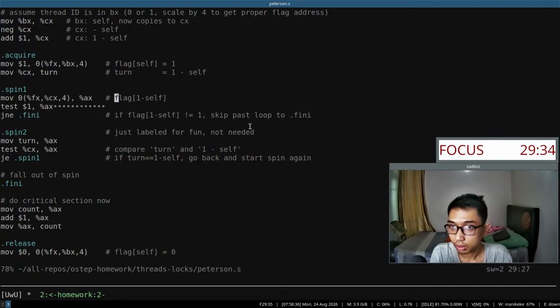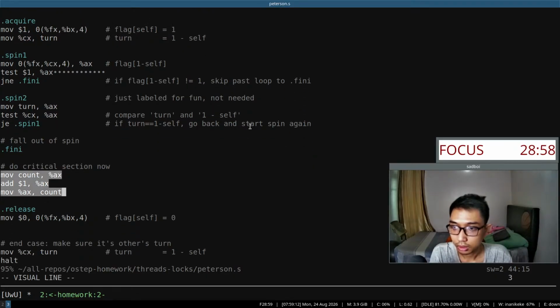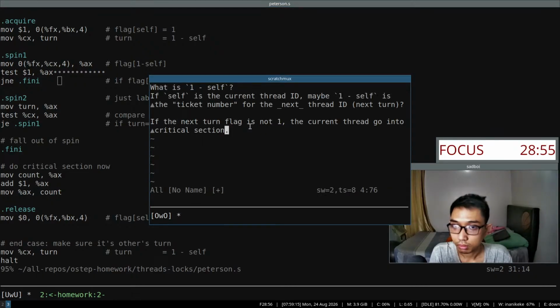So we check if the element or item in the flag here, in the next turn flag, is not equal to 1, which means the current thread is the only one holding the flag, and then we can go into the critical section. But if the next turn is also 1,